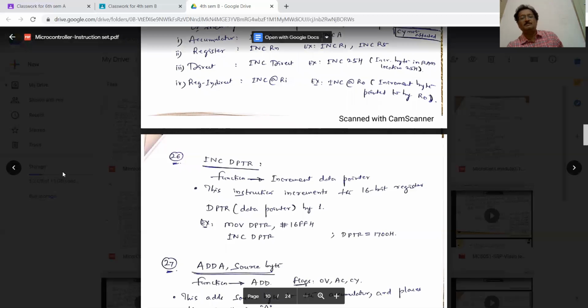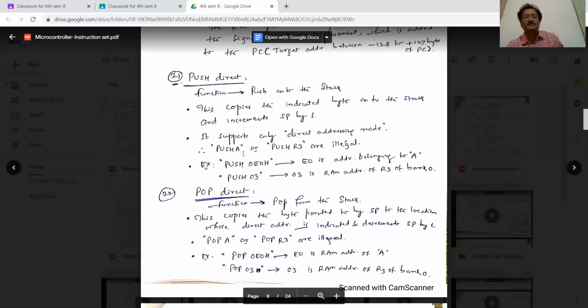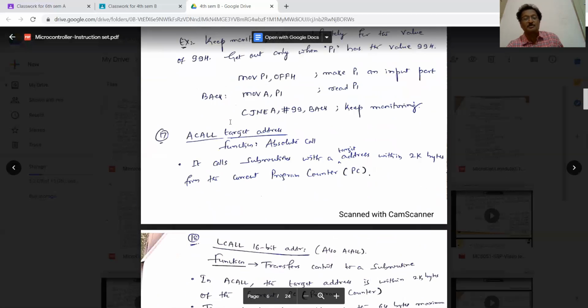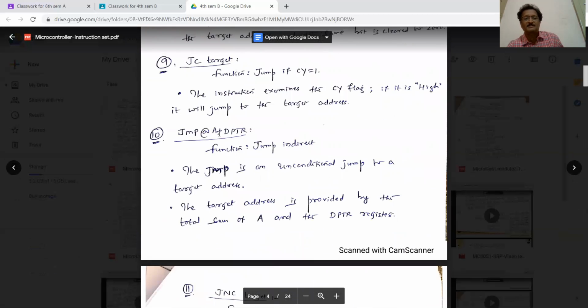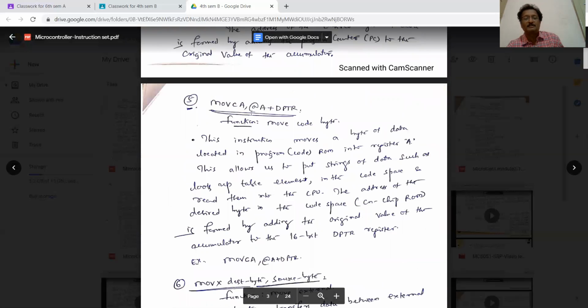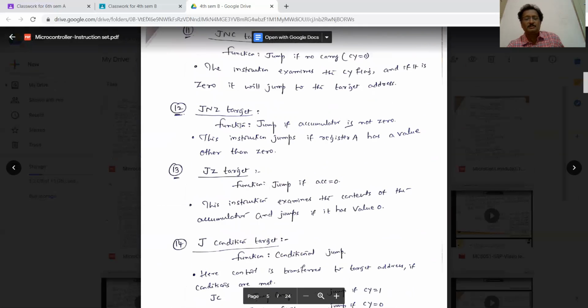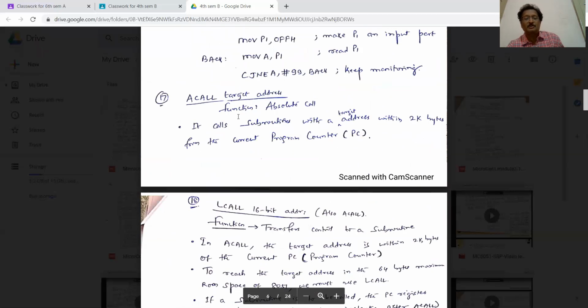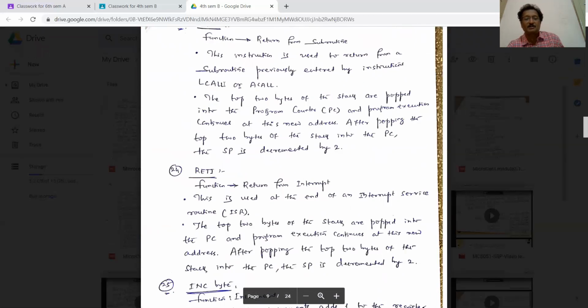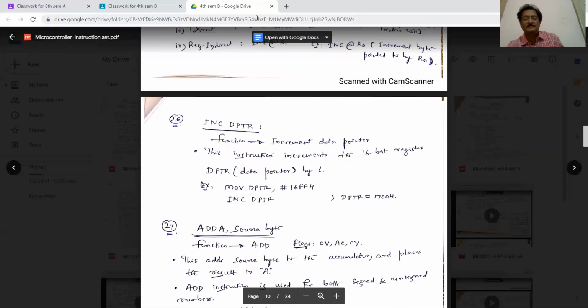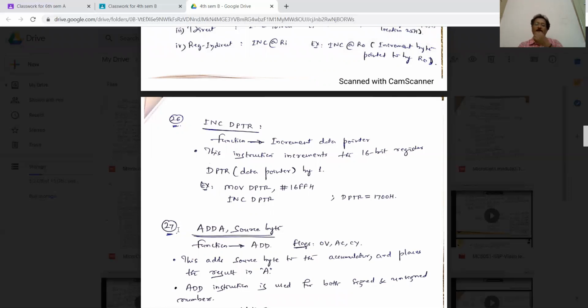So these are some of the basic instructions starting from the addressing modes, that is move instructions and all related addresses, jump instructions, subroutine instructions, then you have got increment instruction. So all LCALL, ACALL, absolute call, jumps, all these things I have covered here. In the next segment, I am going to cover the instructions starting from ADD A, that is arithmetic and logical instructions. We'll study there.